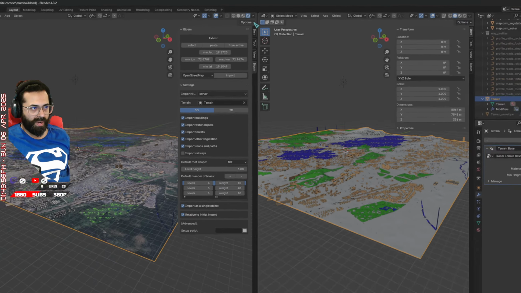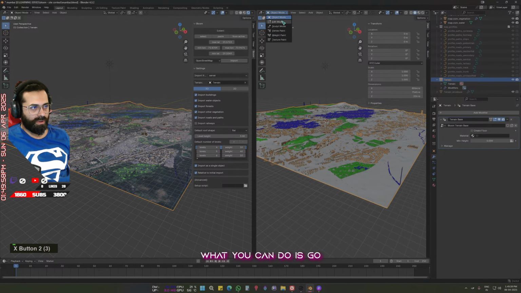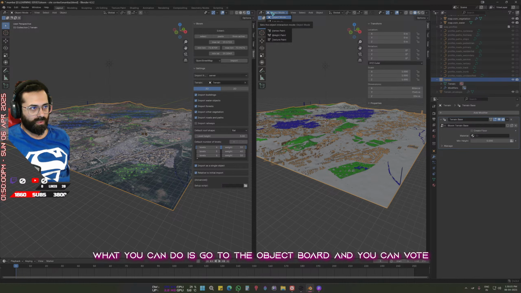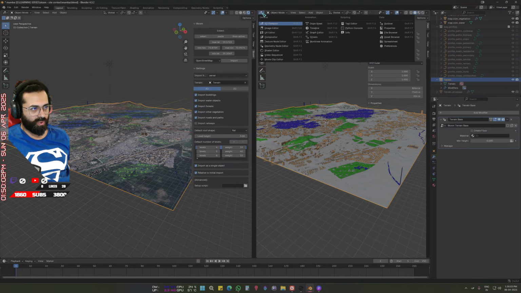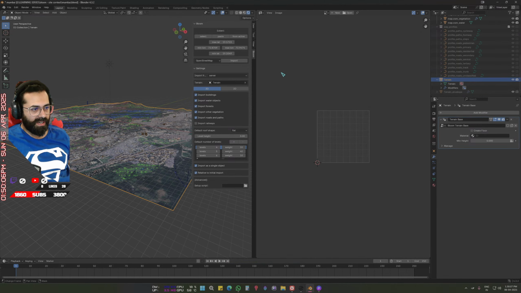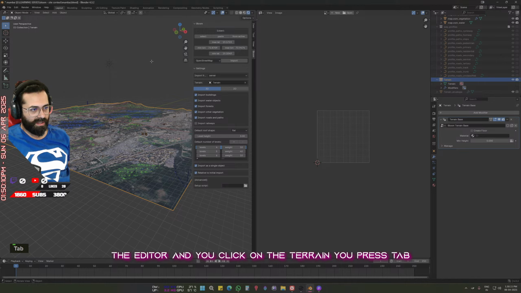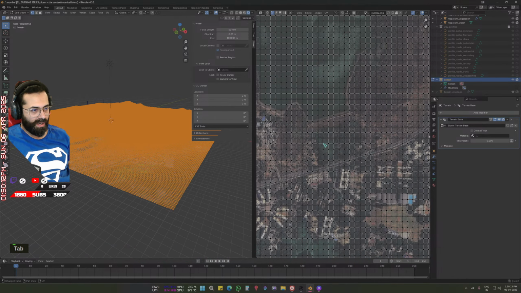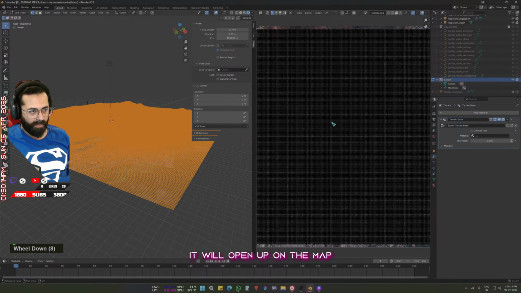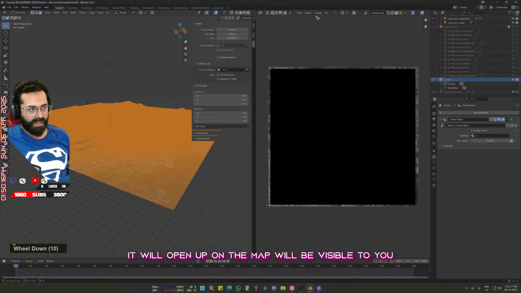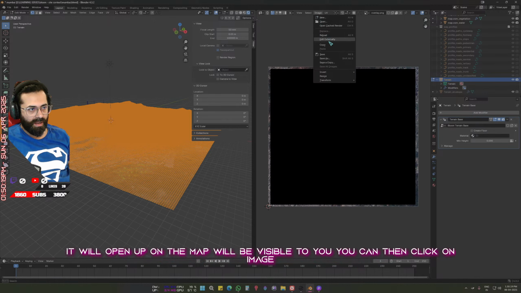Once the tab is split, go to the object mode, sorry, not the object mode, just next to the object mode, you have the UV editor. Once you come to the UV editor and you click on the terrain, you press tab to edit the terrain. It will open up and the map will be visible to you. You can then click on the image and say save as,